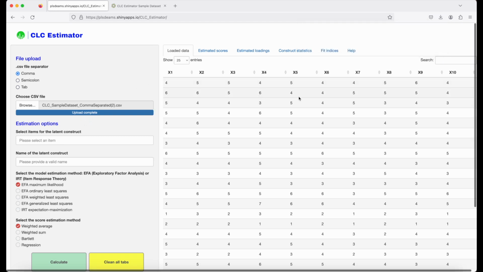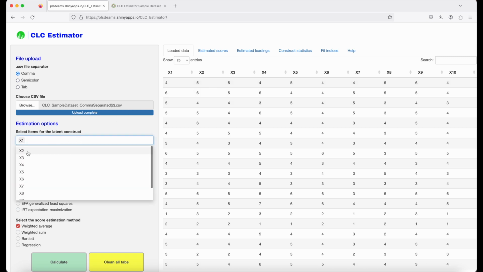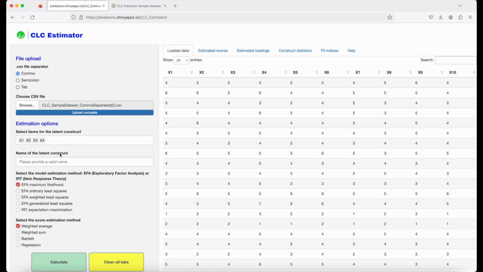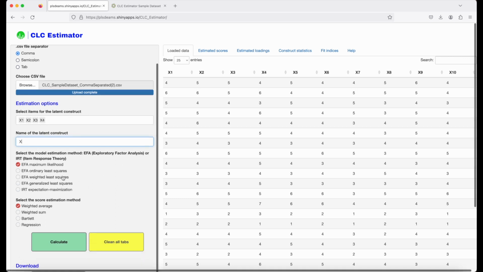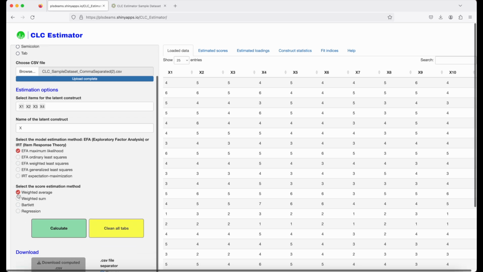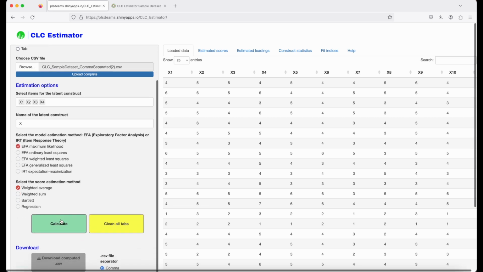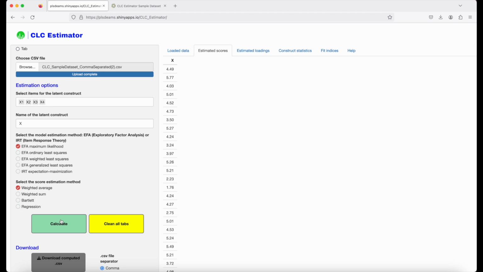Now, navigate to the estimation options and select the items associated with a target latent construct. In this tutorial, we will choose items from x1 to x4 in order to estimate the latent construct, which we will call x. After that, select your preferred estimation and score estimation methods from the available options. Click the green Calculate button, and the app will generate latent construct x for each observation using x1, x2, x3,